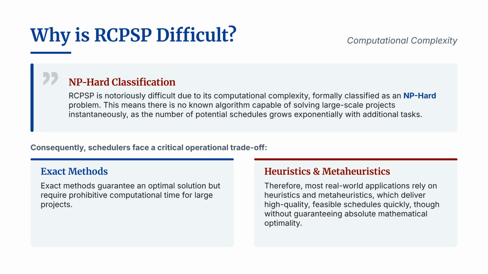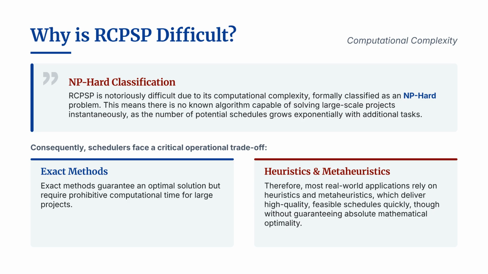RCPSP is formally classified as NP-hard. This means there is no known algorithm that can solve large-scale instances optimally in polynomial time. As we add more tasks, the number of potential schedules grows exponentially. For small projects, exact methods like branch and bound can guarantee optimality. However, for real-world applications, we typically rely on heuristics and meta-heuristics that deliver high-quality, feasible solutions quickly, even if they